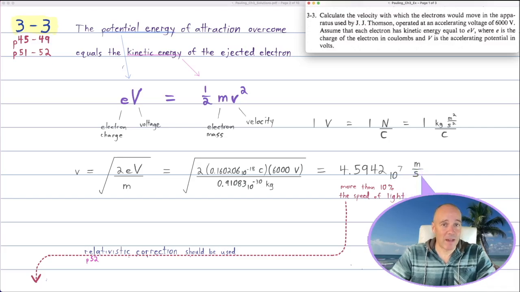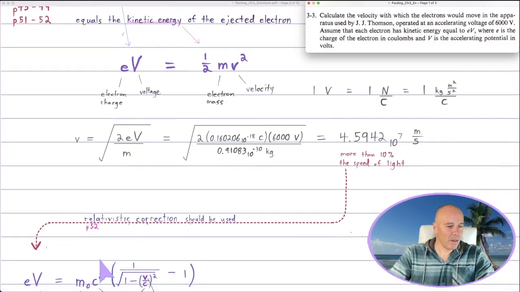Now that's a really fast velocity. It's almost the speed of light. And in a couple of problems from now, Pauling will tell us that if the velocity of the particle is more than 10% of the speed of light, we ought to use the relativistic correction. So let's do that. You'll see this method on page 52, and let's